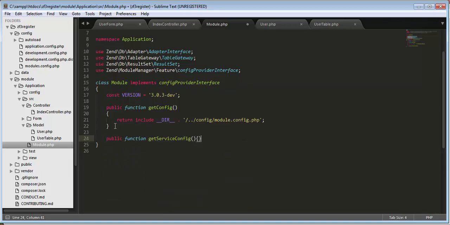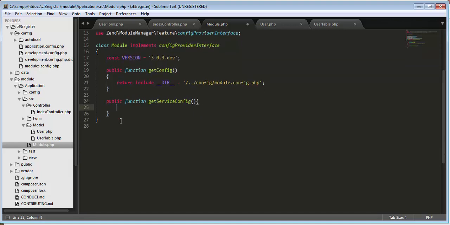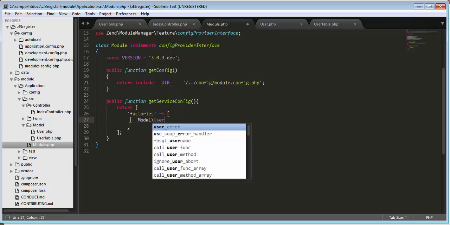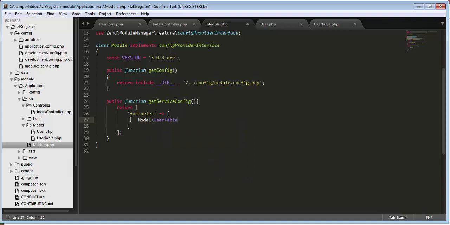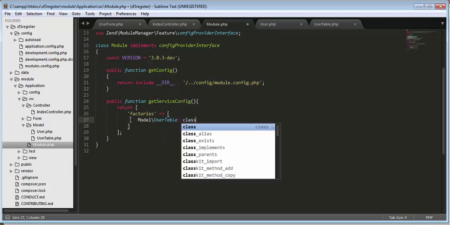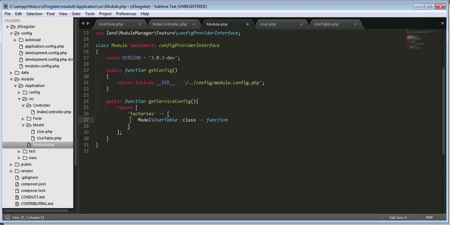to pass a container. Okay, and then tableGateway equals to container, then get Model UserTableGateway class, and then return new Model UserTable, and pass tableGateway. Okay, so this is what we are passing here, and then next,